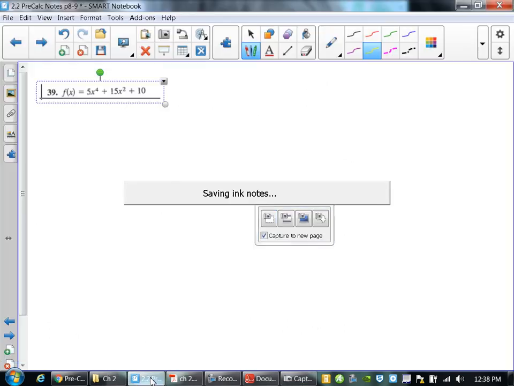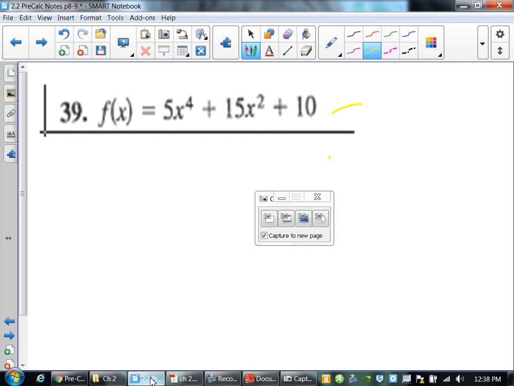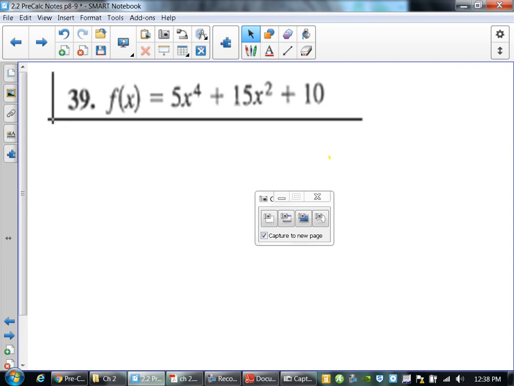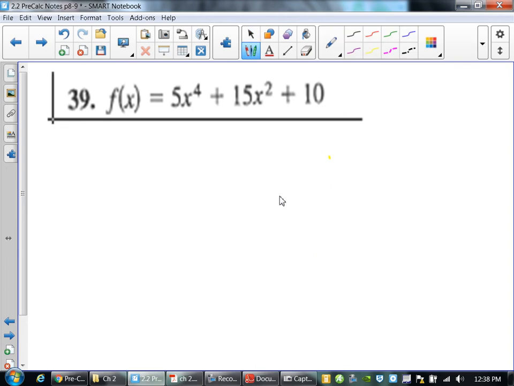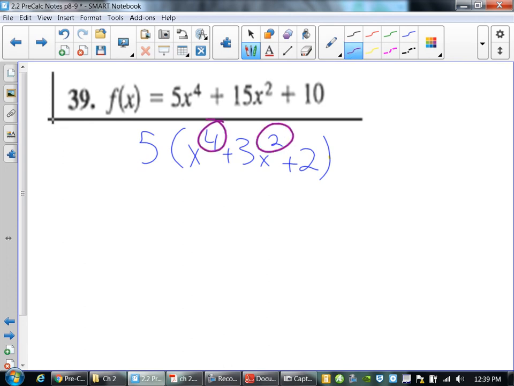If you want to start with one like 39, you still go through your factoring like you would normally. You start with GCF. Do you have a GCF? What is it? 5. So you take out a 5, and you're left with x to the 4th plus 3x squared plus 2. Whenever your degrees are going in descending order with even powers,